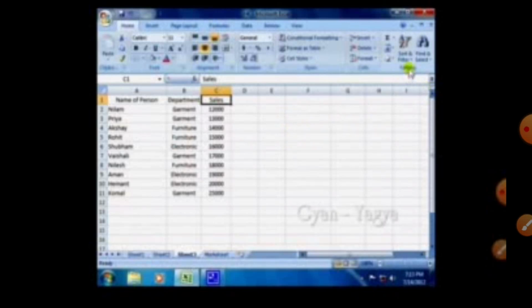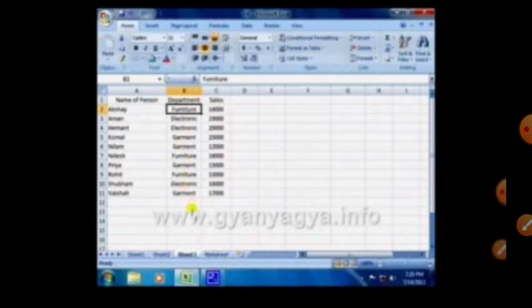So student, as we see here, the sort icon also gives you Z to A. If you want to arrange in descending order, not ascending order, we can set our data in descending order too. First, we have to click on a cell in our data range, click on the Editing group, and click on sort in descending order.